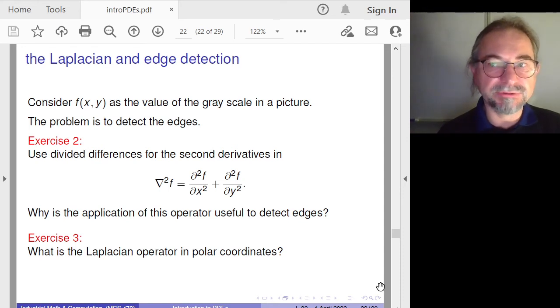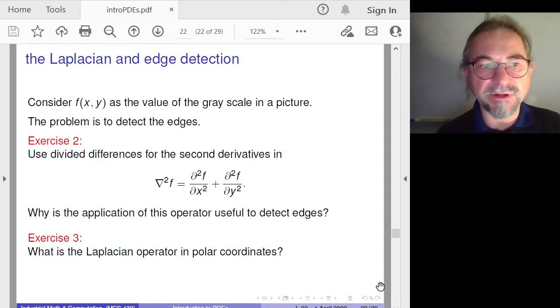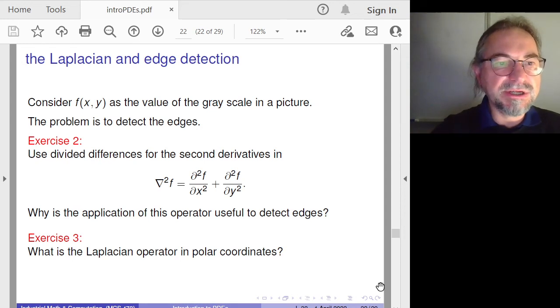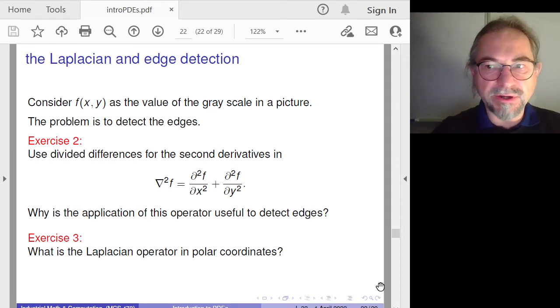And perhaps I should have defined what the divided differences are. You can find them in a numerical analysis textbook, so I'll leave this here as an exercise. So look at the divided differences that we covered in MCS 471, the precursor to this course. And then you will see that